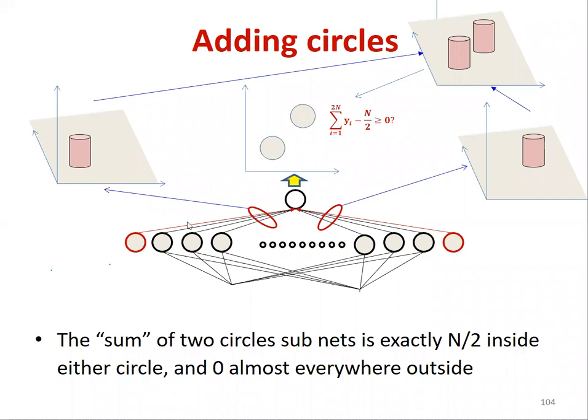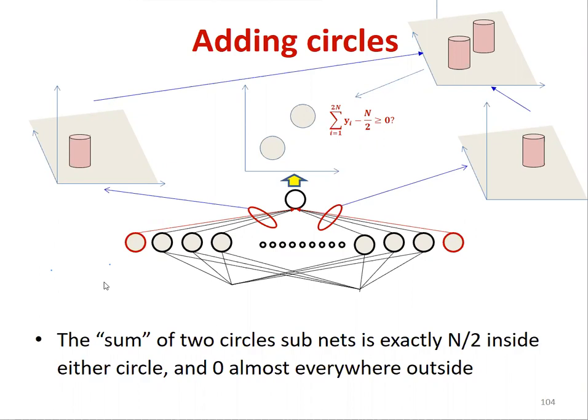I'm saying that both of these have the same number of neurons, right? So this one is composing one cylinder, this one is composing one cylinder, each of them has n neurons. You could have more, then the heights would be different. But we are doing this for both of the cylinders to have the same height. Okay. And now if I use a threshold of n over 2, I'm going to get a decision boundary which is two disconnected circles. And the whole thing has been done using only one hidden layer.